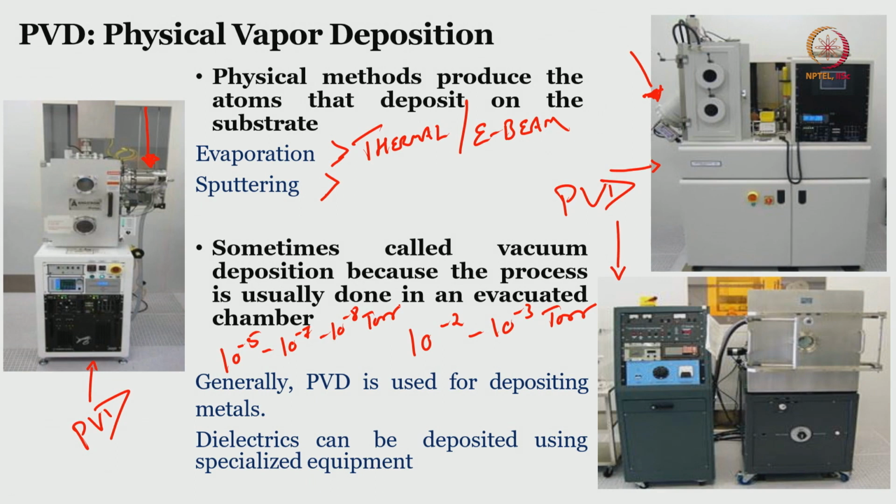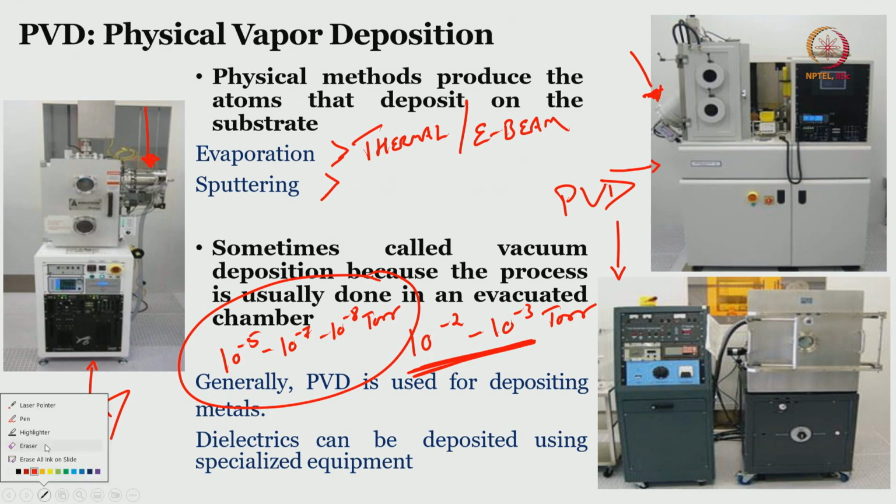But without creating a base pressure of 10 to the power minus 2 to minus 3, we should not turn on the secondary pump. Very important statement: without having the base pressure of minus 2 or minus 3, we should not start the secondary pump. You need to make sure that you follow this protocol. Now, having said that,